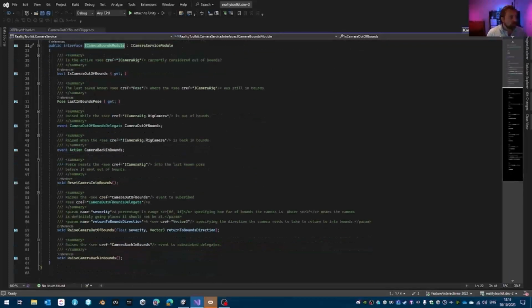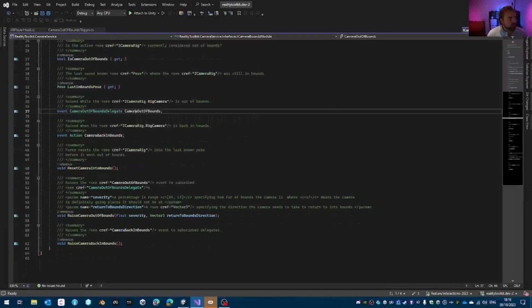It has camera out of bounds, true or false, so we know what's going on. We know it gives us, if we need to, the last in bounds pose of the camera rig, so we know where to move if we want to force remove. It has an event for camera out of bounds and an event for camera back in bounds,